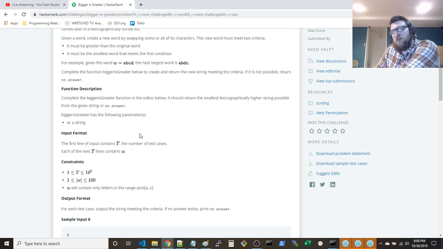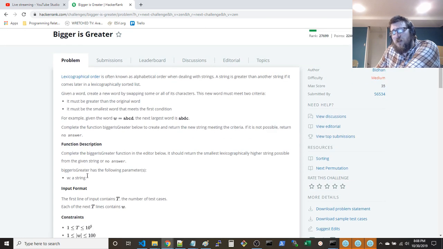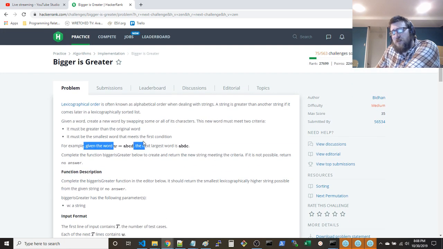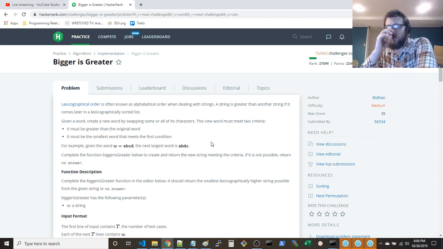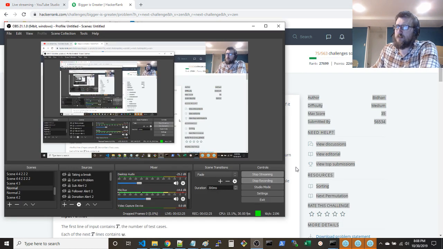So I'll explain the algorithm sort of quickly. We've already solved it. As an example, ABCD, you would swap C and D, and you get this new larger word that's also the smallest such larger word. Now, the thing to talk about here is